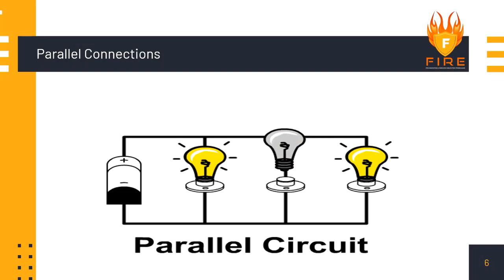The positive wire is connecting all the positive lines of the bulbs and the negative wire is connecting all the negative sides of the bulbs. This is what is called a parallel connection, connecting all the components with the same line at different junctions or different stations, right? This is called a parallel circuit or the parallel connection. What is the profit of parallel connection? If you see at your household, if any equipment at your house becomes faulty in a parallel connection, and all your house wiring is based on parallel connection only, there is no series connection at your house. I'll let you know why exactly it happens.